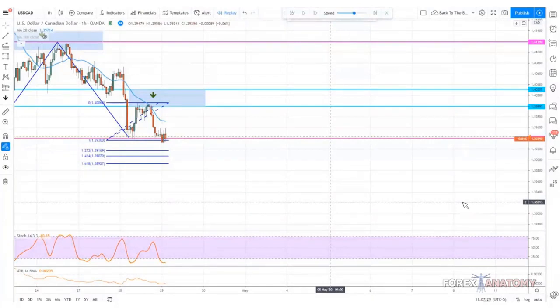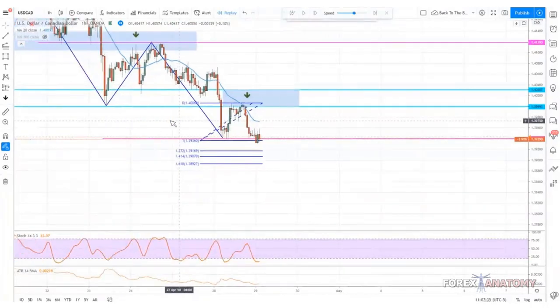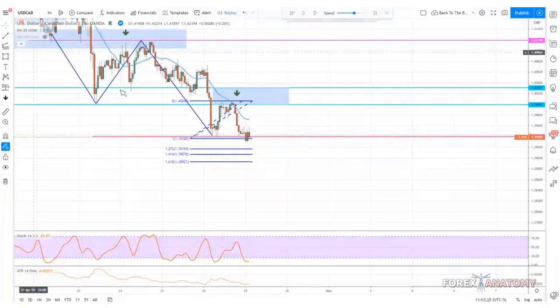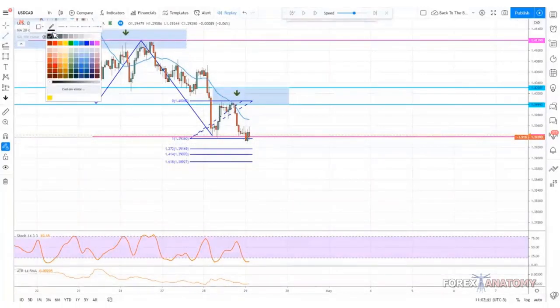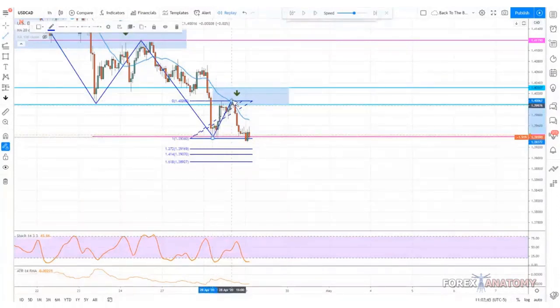But right now, let's just say that we're trading the US dollar CAD, and we want to look for another opportunity to trade this pair. So it's pretty apparent that we did get the break and close on this pair. Price went up, we sold and it hit our target. So we still want to look for a selling opportunity. I want you to help me find this next selling opportunity, if we do get one.